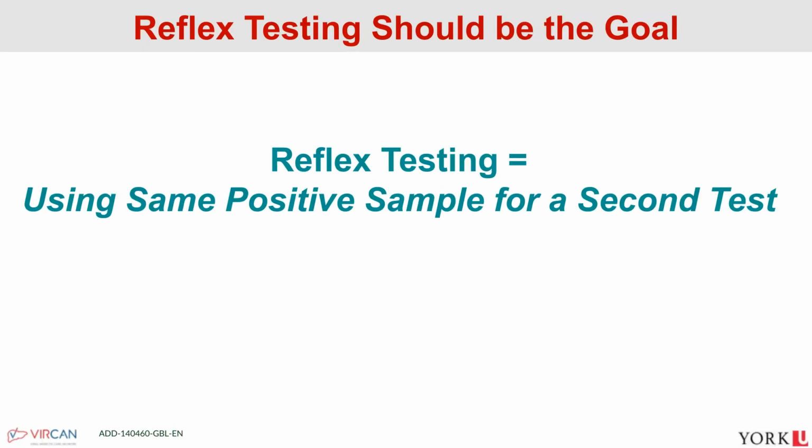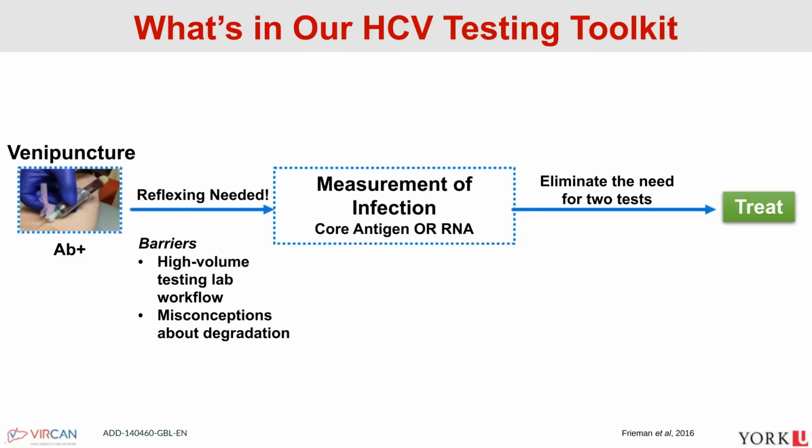So I'm going to use this term moving forward, reflex testing. And it's really to say that reflex testing really needs to be thought of as the gold standard. And luckily, a lot of major labs globally have moved to reflex testing. I'm going to speak a little bit about the Canadian landscape in a moment, but reflex testing means that the sample that's been tested for Hep C antibody is the same sample that's used for the test of active infection. And that has extreme importance, especially in a difficult to reach population.